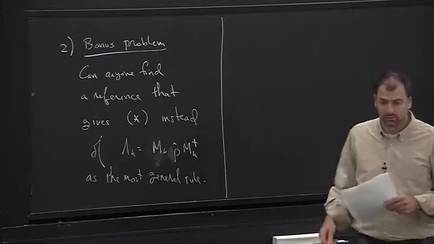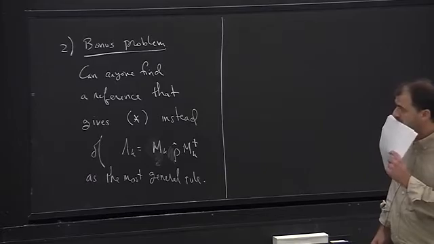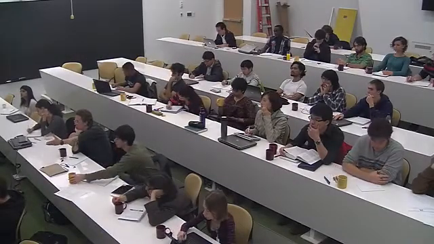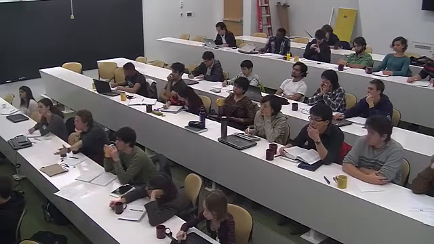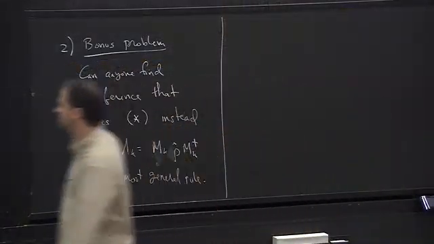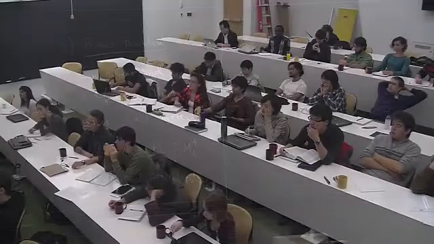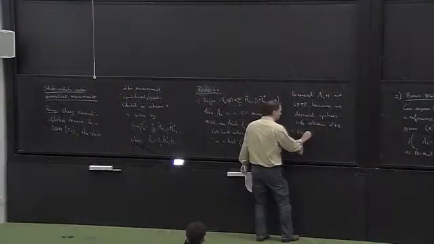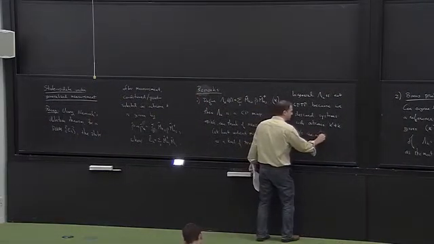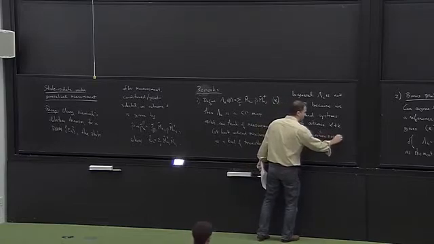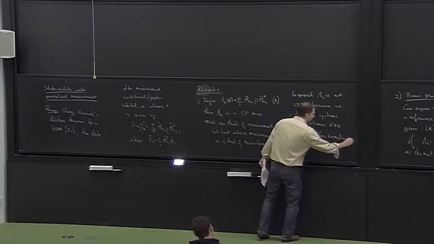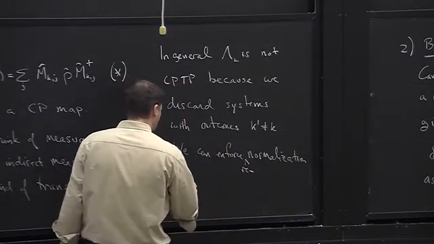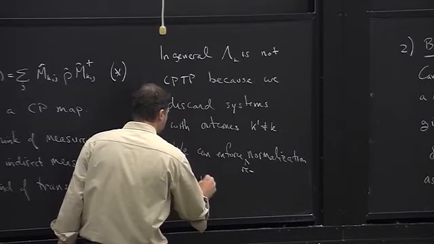Do you say lambda K is not a trace preserving map? I mean, if the post-measurement state has to be a state, the trace must be preserved. So the question was, can't we always make lambda K CP-TP? And yes, we can, but then it's not lambda K anymore. We can enforce normalization by fiat. And here, by normalization, I mean renormalization of the output state